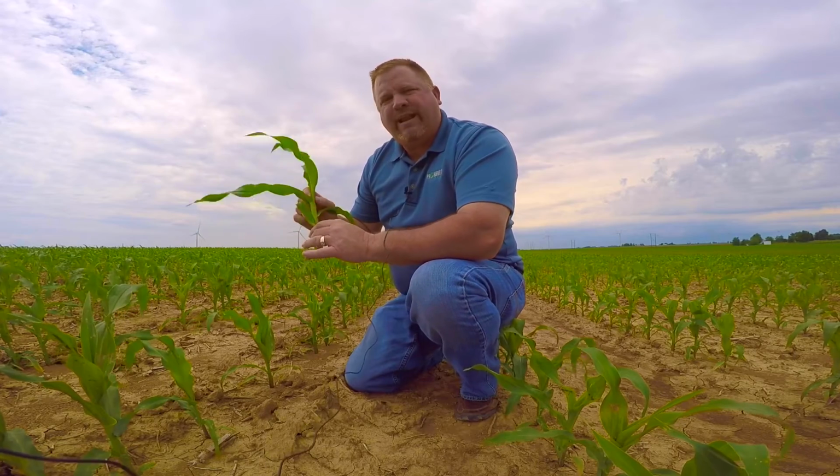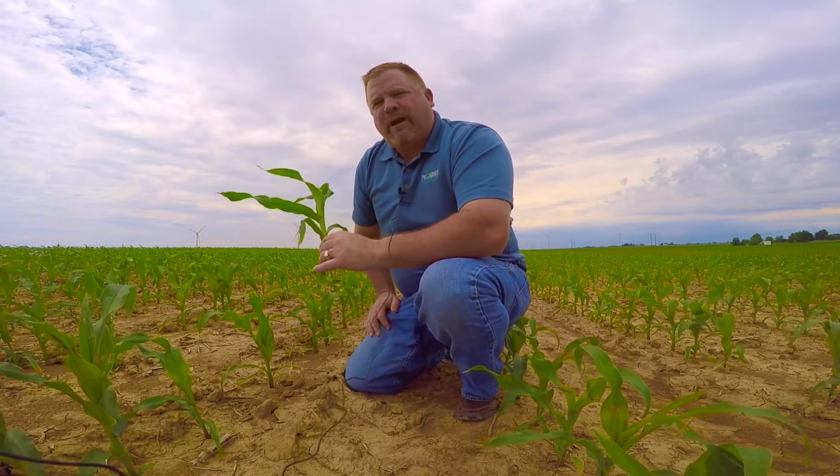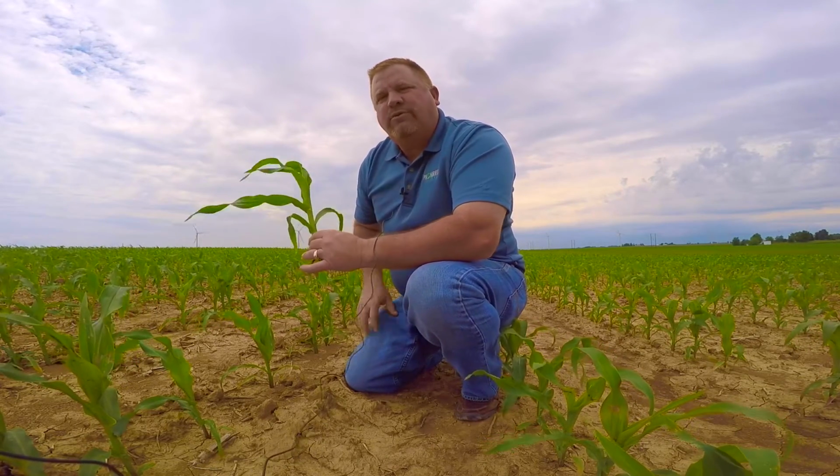So just wanted to remind everybody, stage your corn properly. We do see some shortening of nodes this year, so we want to make sure that we're within that label